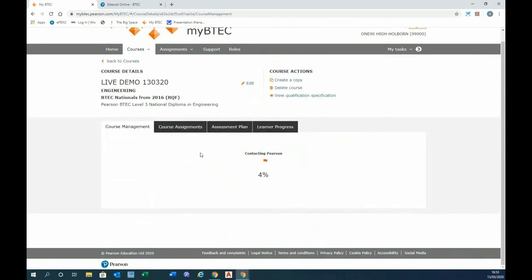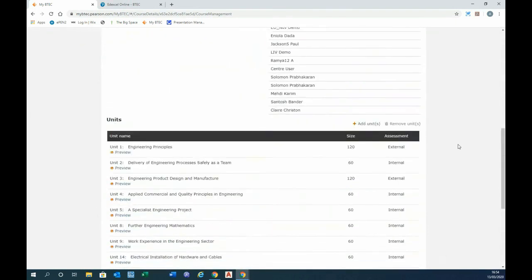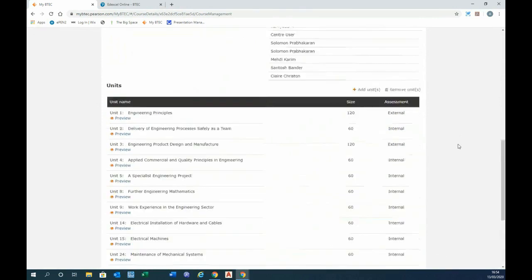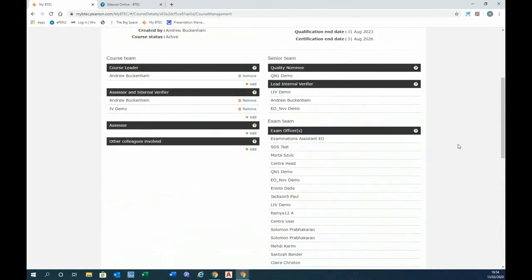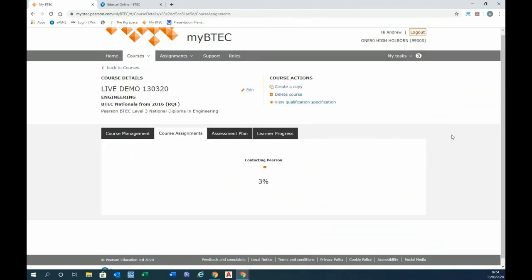So the vast majority of your administration will now be carried out in these 4 tabs and the sub-tabs thereof. So a lot of this stuff is done in the same place. You don't have to do a lot of running around looking for things at all. The course management tab basically tells you your learners, your units that you're delivering, and your course team. The course assignments tab here will tell you about the assignment briefs that have been imported into your course. We should currently just have 2 assignment briefs in there, which are the authorized assignment briefs for Unit 15,